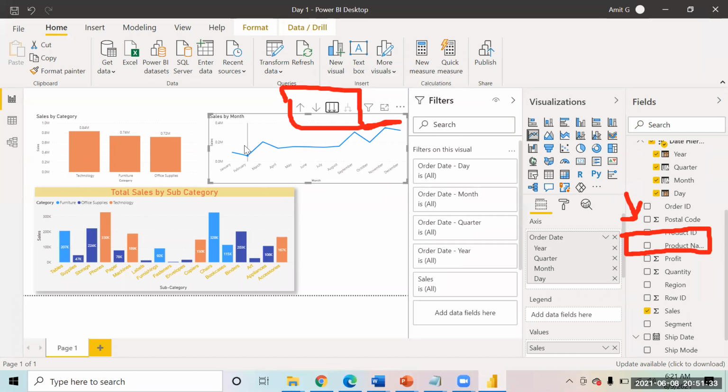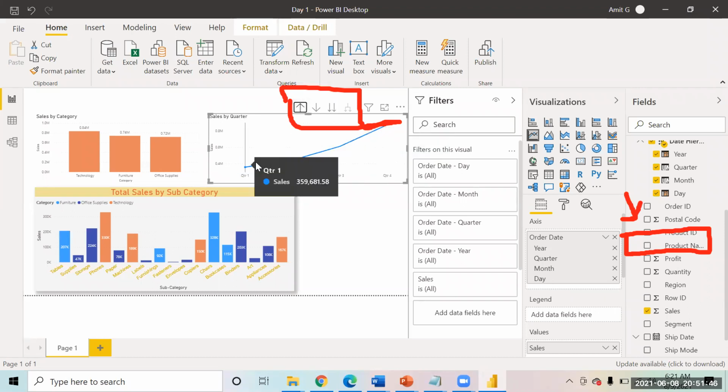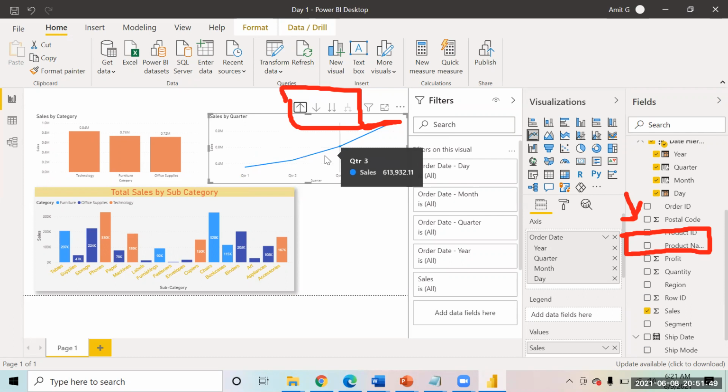Now many of you might wonder that this chart might not be of much use. But the reason we use this chart is to understand some seasonality. For example, I can see quarter one, quarter two, quarter three, and quarter four. From quarter one to quarter four, what we see is the sales are increasing. So there is an upward trend when the year starts. Each quarter the sales are higher than the previous quarter. This is a seasonality effect. If you want to understand that, you can use this chart for that particular purpose.